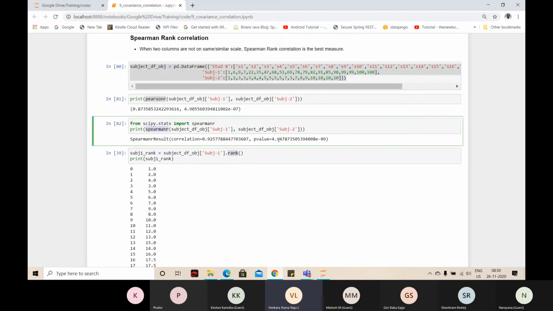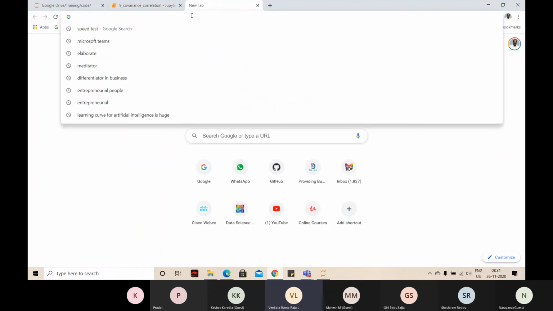See this spearmanr and Pearson output, this is the p-value. If you see E here, E is like 10, 4.9 into 10 to the power of minus 7. It is going to be 0.60749. That is the p-value. When you see a p-value, there must be a null hypothesis. Do you agree? Yes. In any statistical outcome, there must be a null hypothesis. Let us look at pearsonr and spearmanr in SciPy.